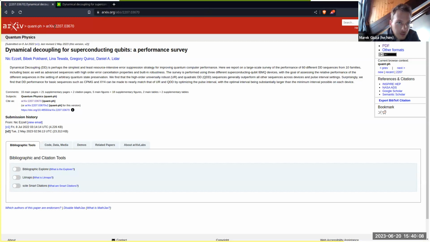Today we have this paper. I don't know if I can zoom in here. It's 2207-03670. You have it on the archive. One thing that we will be discussing is dynamical decoupling. It will be dynamical decoupling for superconducting qubits, a performance survey, which will tell you the state of the art. Last revised version on archive